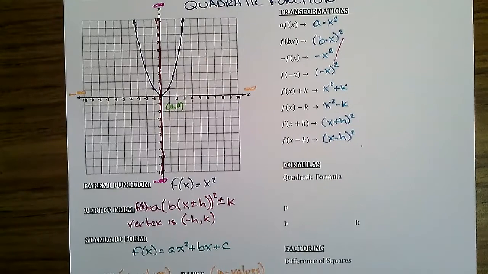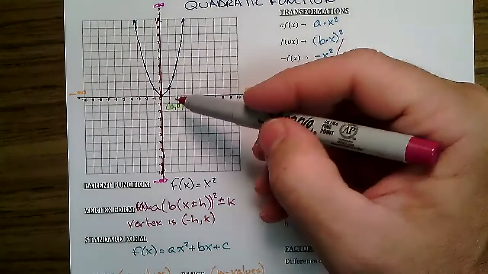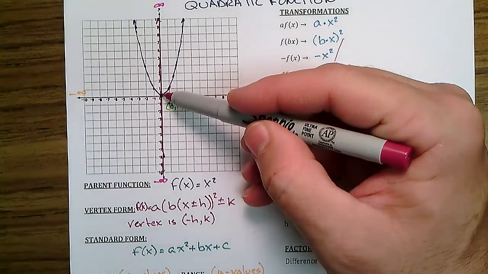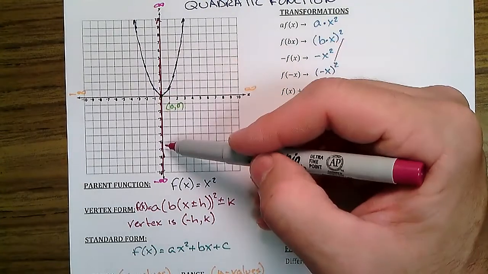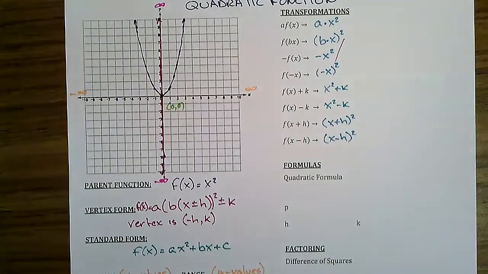So if you want to write down here too, negative h comma k, just to reinforce that. Our axis of symmetry, since it goes through the vertex at the x value, we can say our axis of symmetry is x equals negative h. And in this case,